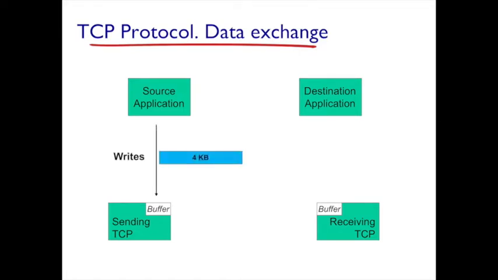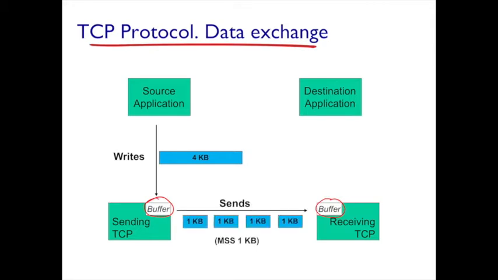The same example, but with realistic data. For example, the source application wants to send 4 kilobytes to the destination application, and at the end, the source application writes 4 kilobytes that are stored in the sending buffer. The sending TCP entity knows which is the free space in the receiving buffer from the receiving TCP entity. So it can read